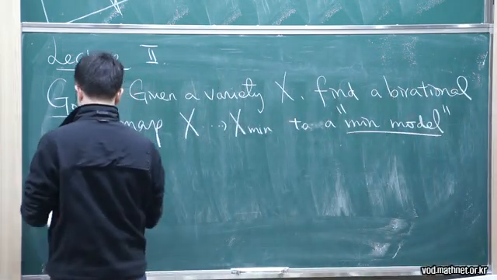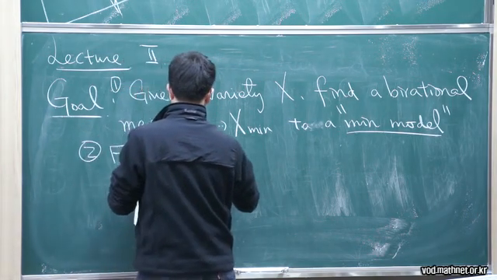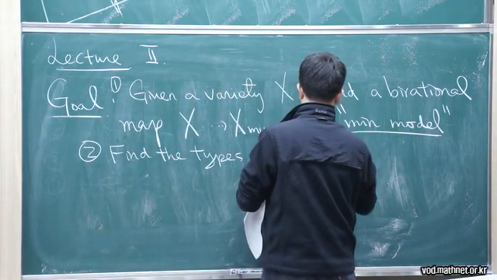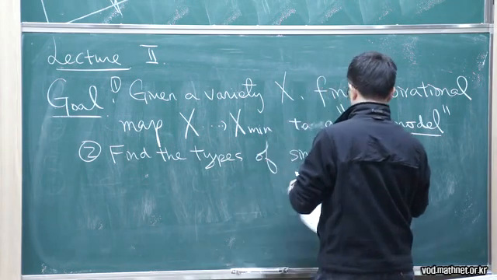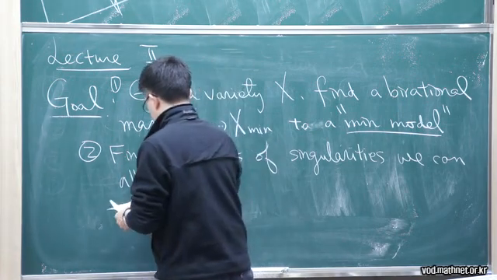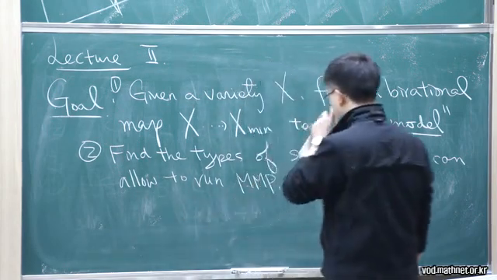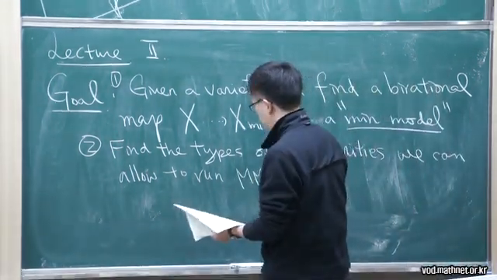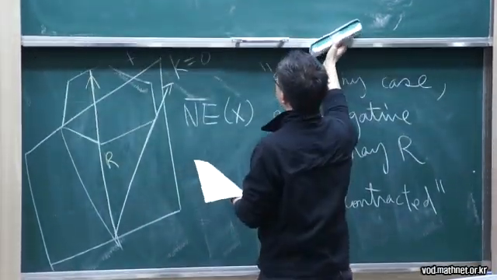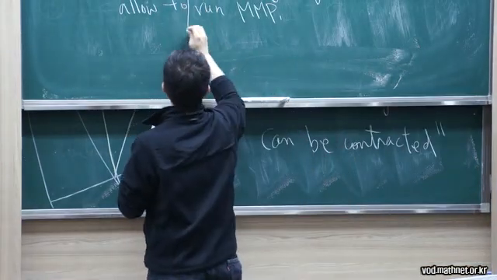And the second goal is to find the types of singularities we can allow to run MMP. Actually, we can also find the largest types of